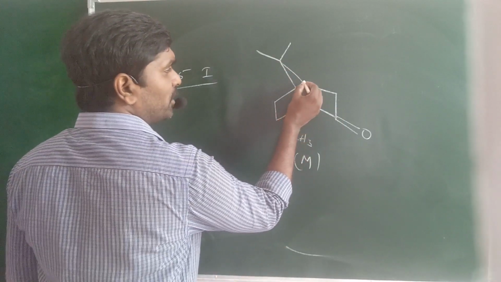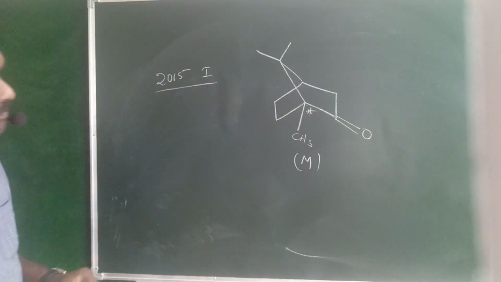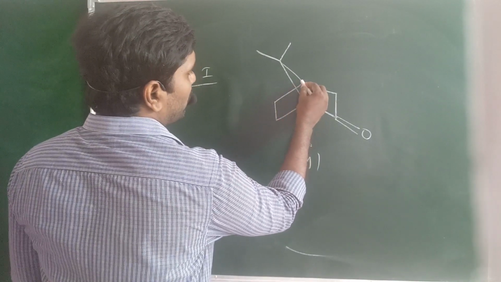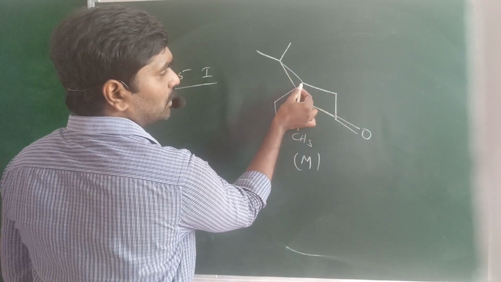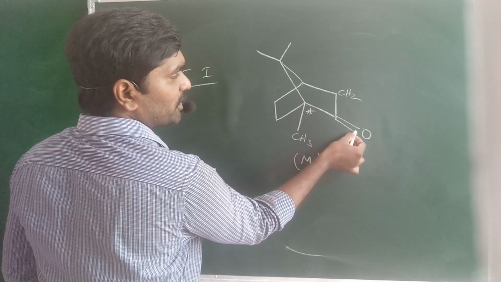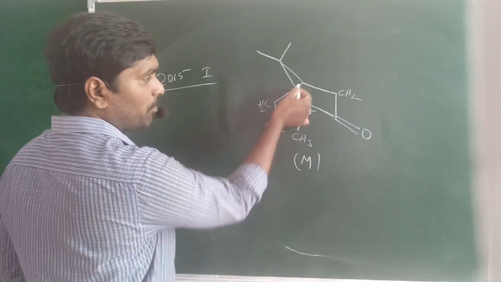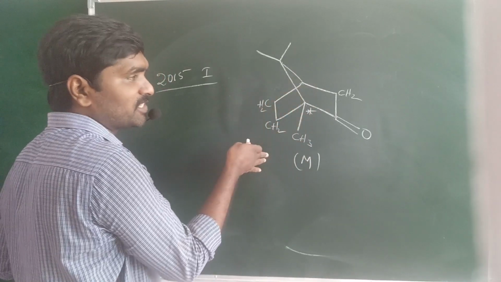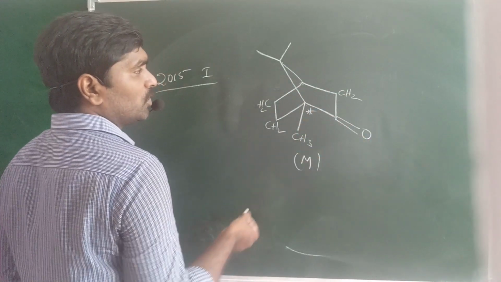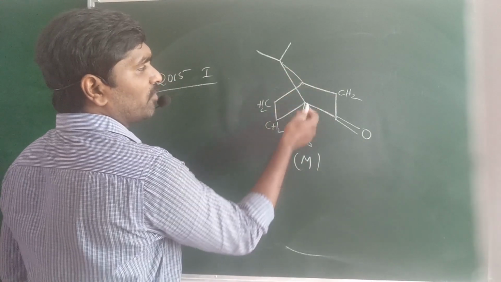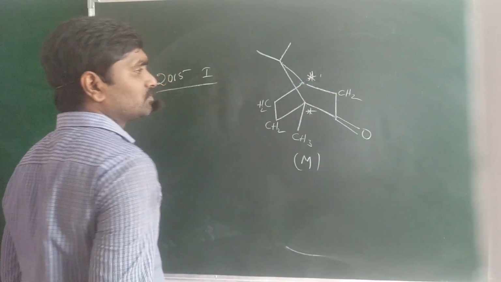And again, this bridgehead is also a chiral center. This carbon may be bonded with a carbon on the right side, CH2, and after that CH2, next to it a C double bond O is present. On the left side CH2, and again that CH2 is bonded with another CH2. That means it is a different group when you go from the left side compared to when you go from the right side, CH2 and the next carbon is C double bond O. So this carbon may be bonded with 4 different groups, again with 1 hydrogen. So this may be the chiral center.